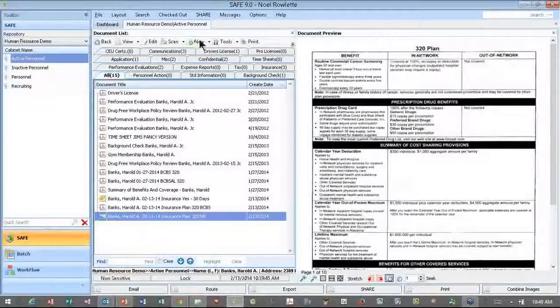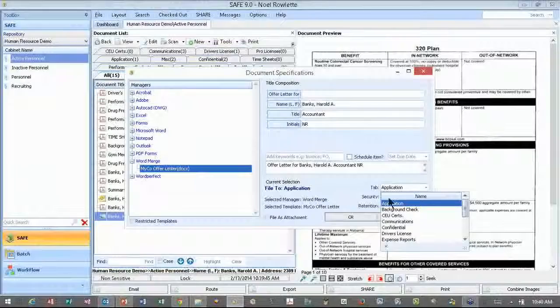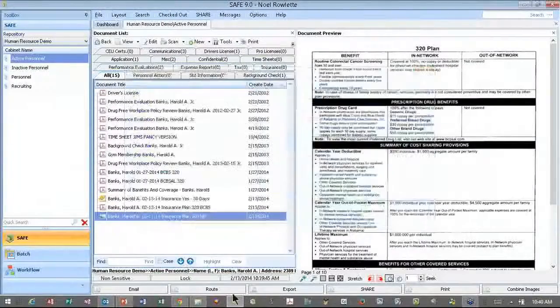Okay. Another option that you have as well is you have the button that says New. When you click on New, you have document specifications that come open. Now, because I was on the All tab, it's going to automatically come up. It's going to ask me what tab I want to select and have this document go to. I want to select Application. And because this is a word merge, it's automatically going to pull fields from my folder index. So it's pulling Harold Banks, his job title, and also my initials because I'm the one who is creating this file. As I click OK,